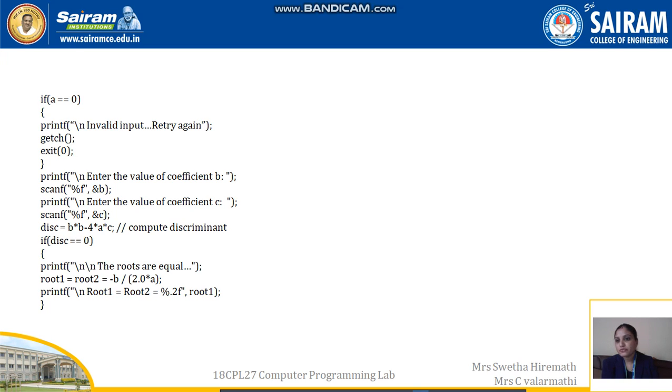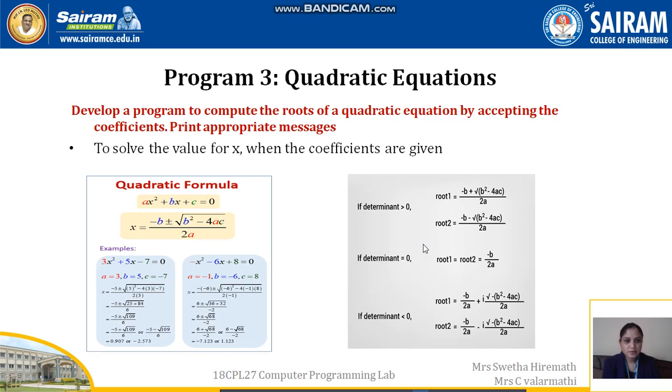We have to make use of the star or multiplication symbol: b into b minus 4 into a into c. So this is used to calculate the discriminant value. Once we calculate the discriminant value, we again have three conditions to check: if the discriminant value is equal to 0, less than 0, or greater than 0. First, if the discriminant value equals 0, then we have seen here